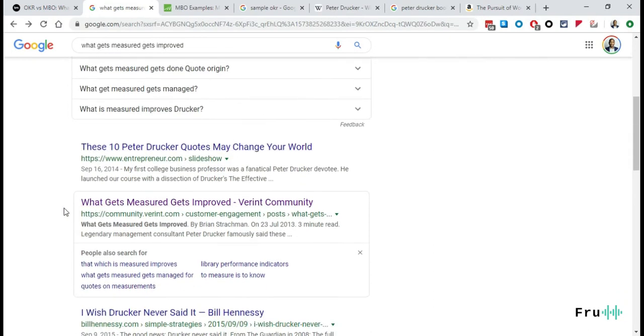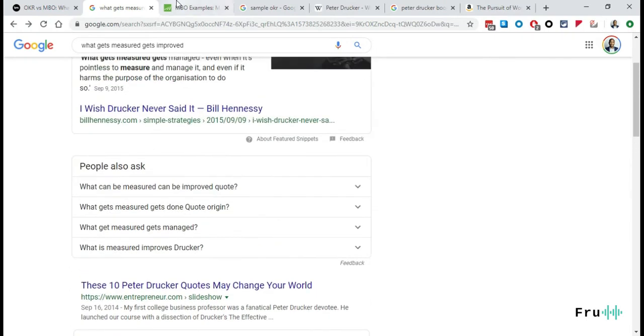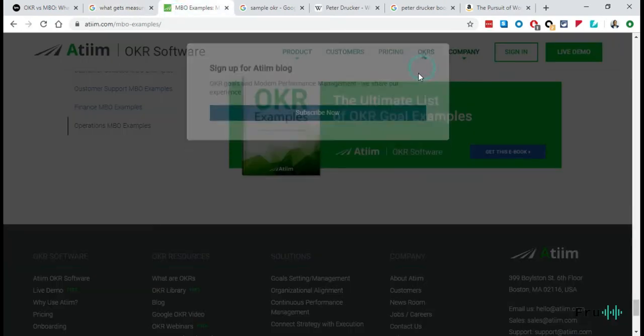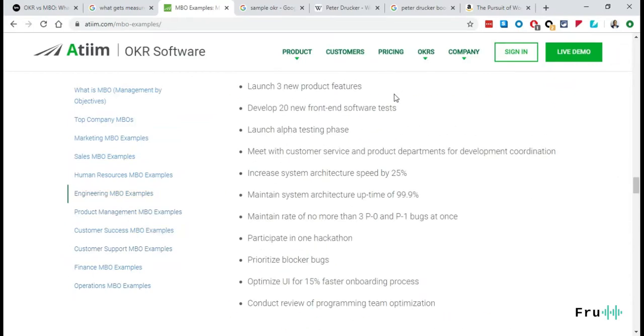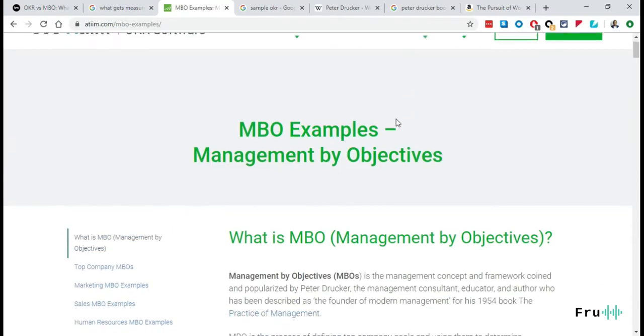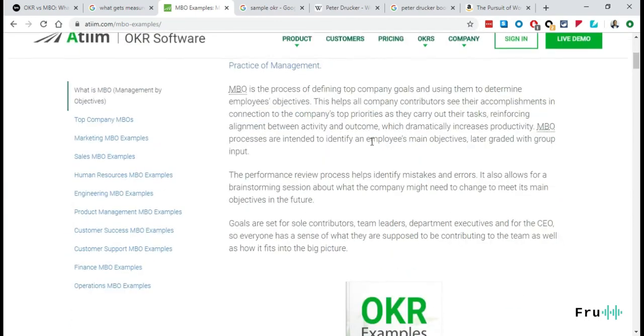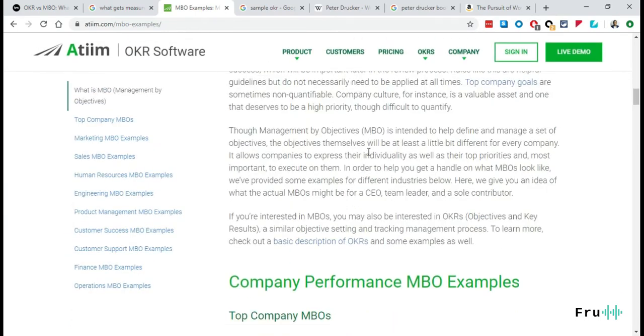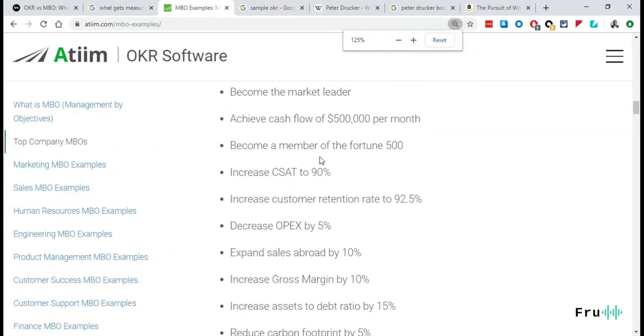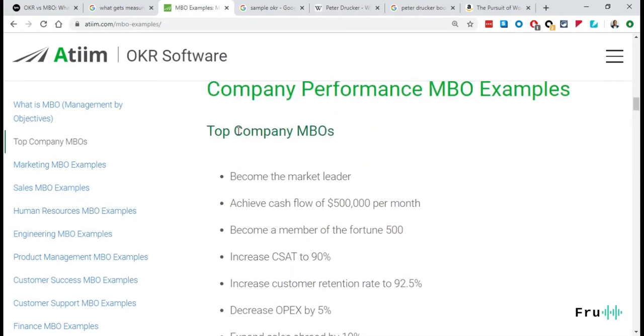And the whole idea behind management by objective is, let's set a set of objectives that we can measure, we can manage, and hopefully improve. Again, that's why management by objective really became popular. And these are some examples. I went on this site and searched for management by objectives, so you can see MBO examples. I wouldn't read every single thing there, but you can see how the company can set its own MBOs.